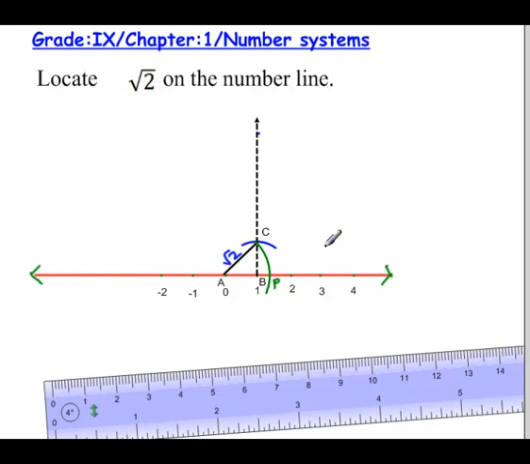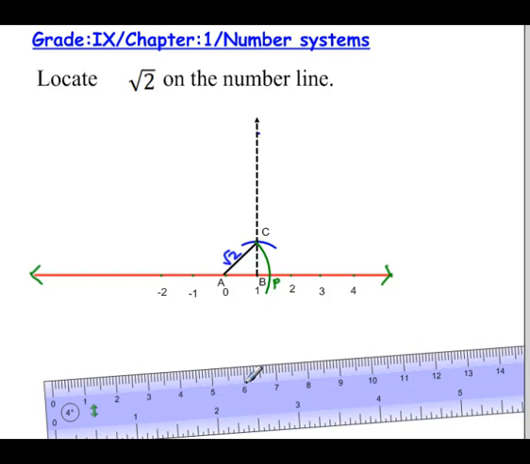First we have to take AB 1 unit and BC also 1 unit. So we should get a right angle triangle where AB is 1 unit and BC is 1 unit. Now after that, take the hypotenuse AC, measure the length of AC and locate AC on the number line. So the arc intersecting the number line at a certain point, that point is P. Therefore, AP length is root 2. P is the location of root 2. So I think you are clear with the construction, how to locate root 2 on the number line.